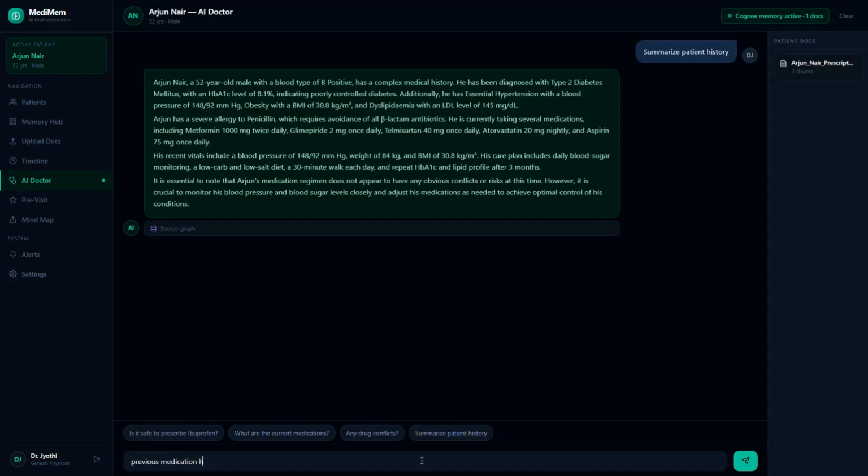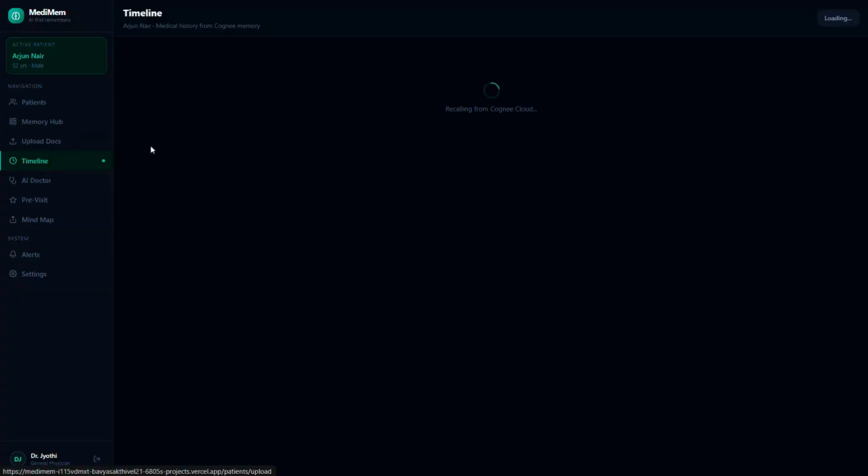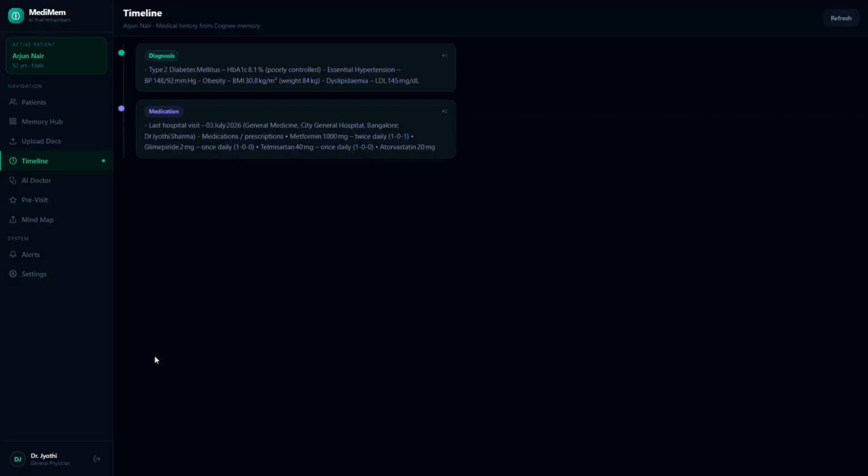Behind the scenes, MediMem uses Cognee Cloud's Recall.api to retrieve patient information from the knowledge graph. The Improve.api then strengthens the graph, making future responses more accurate. Next, let's explore the timeline. Every consultation, diagnosis, medication, and clinical event is automatically organized in chronological order, giving doctors a clear view of the